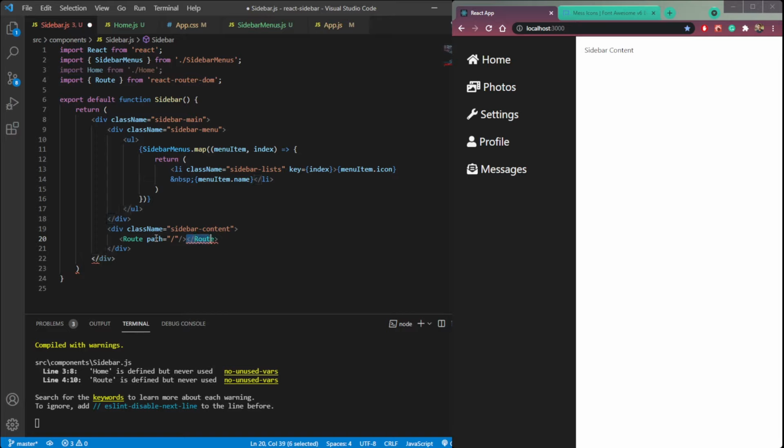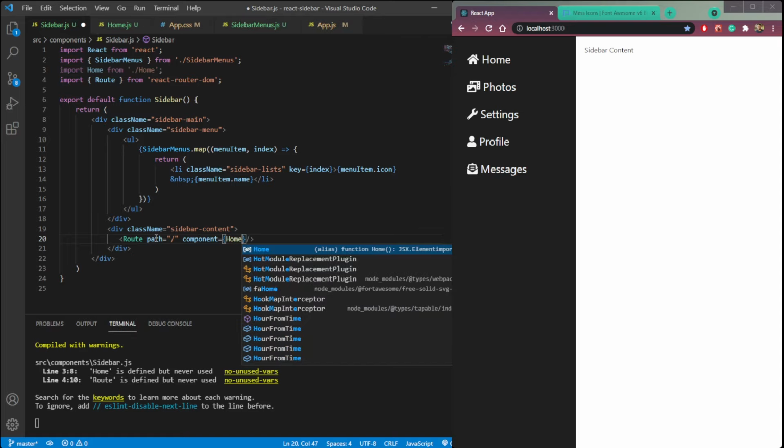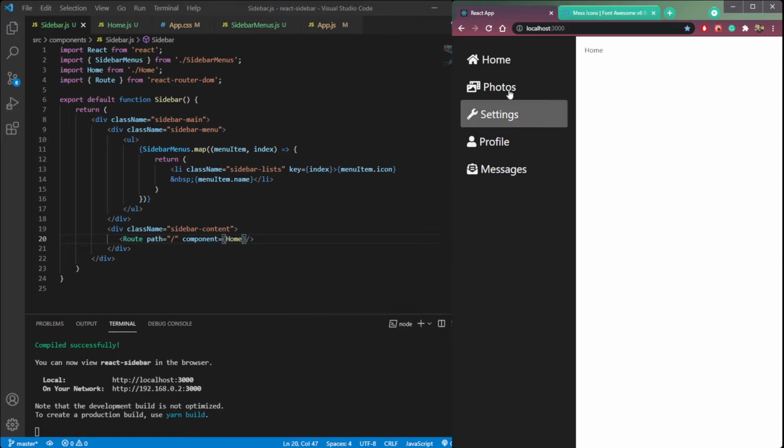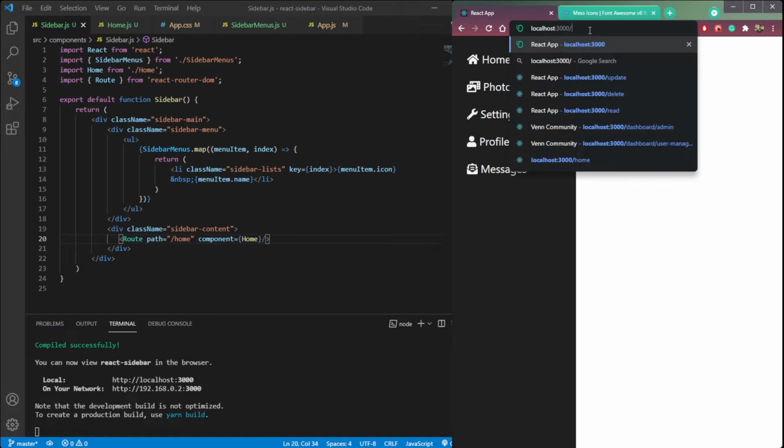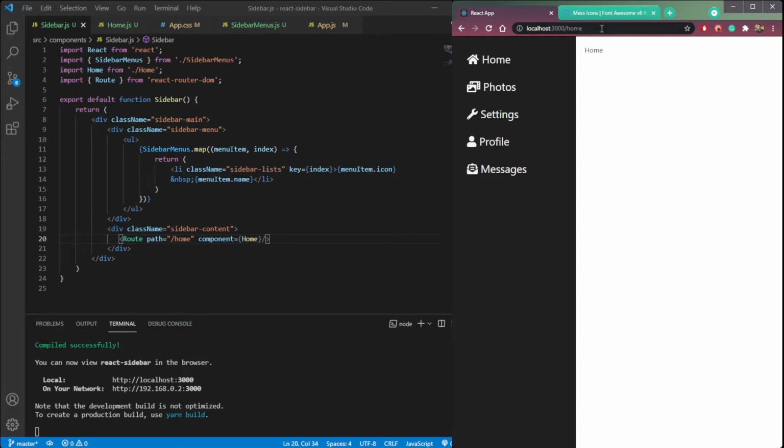We can make it a self closing tag, so remove the closing tag, we don't need that. Then component, this will be Home. So you can see right now we are on this slash path, and we can see our home right here. So if we change this to home and go to localhost slash home, we can see our home.